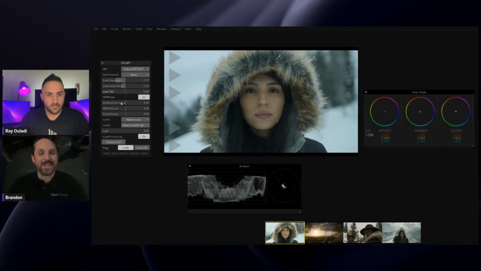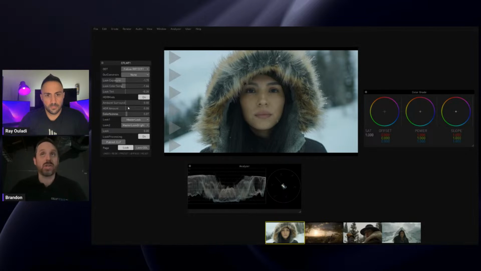HDR amount, sorry. And so colorfulness is also known as the Hunt effect. And that is the effect that as things get brighter, we will see things as more colorful. So if I was to get this really, really bright and go into an HDR kind of workflow and pipeline, I can modify the colorfulness for how much color, and it's subtle. It's not like it's going to dramatically change the world in the way it looks, but it is applying for that. Then you've got your HDR amount, which is the actual brightness.